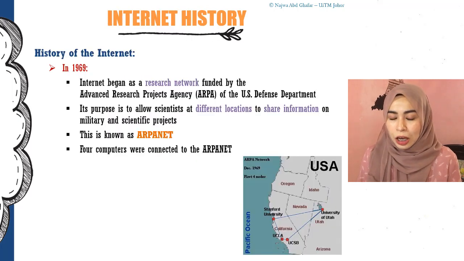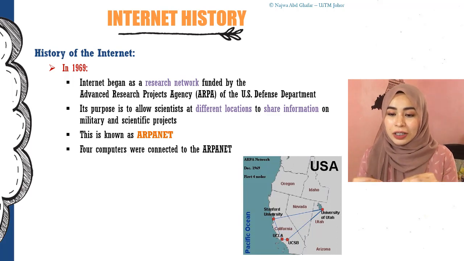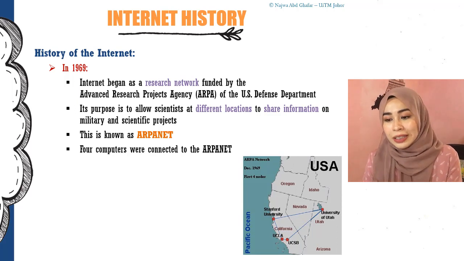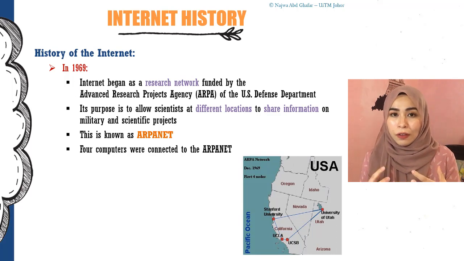Alright, so let's go into the history of internet. It started off in 1969, whereby it actually started off with a research by universities. At that time there is this thing called the Cold War, if I'm not mistaken. So in order for the military to pass information to each other without loss of communication, because sometimes with telephone lines you can get cut off and things like that,